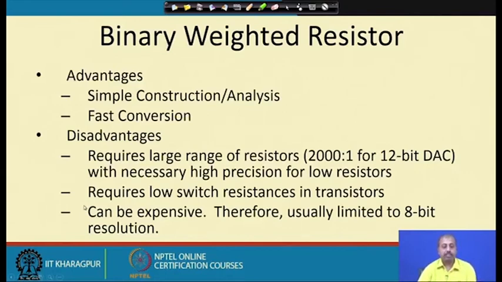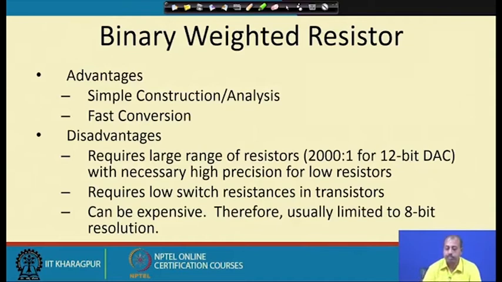So, what are the advantages? It is a simple construction and analysis, simple because you just need a couple of resistances and then connect them in some fashion. The conversion process is quite fast because all the comparisons are being done simultaneously. So, the conversion process is also fast, but there are disadvantages because it requires a large range of resistors, like for a 12